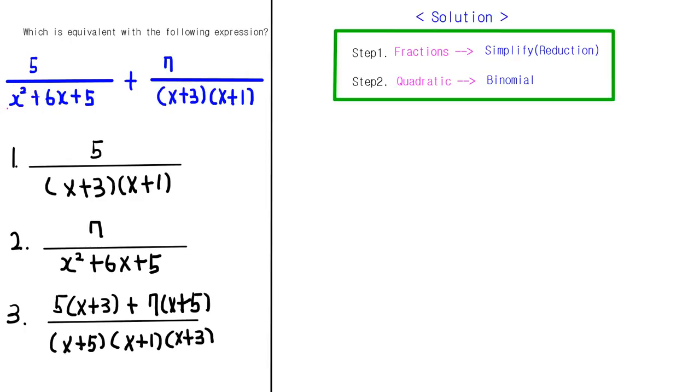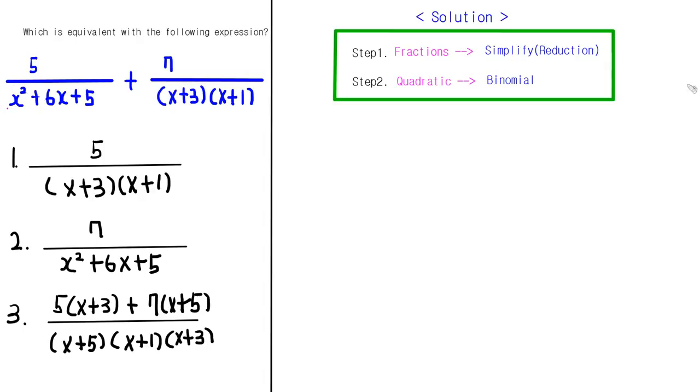In this video, I want to talk about one of the examples of SAT math problems. This is the second example of simplifying rational expressions, the advanced one. The question is, which is equivalent to the following expression? 5 over x squared plus 6x plus 5, all of that plus 7 over x plus 3 times x plus